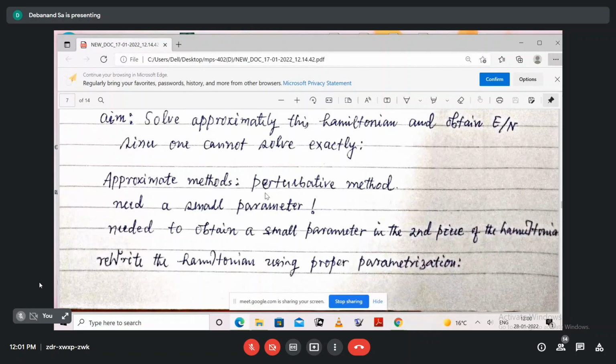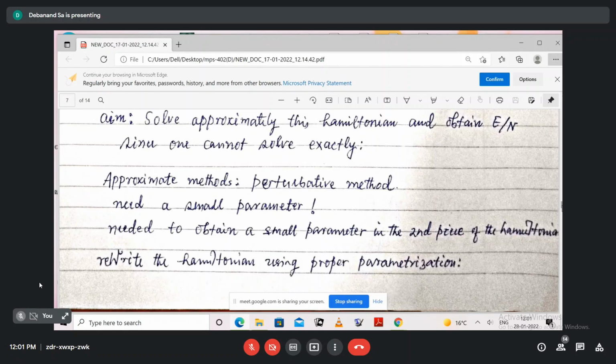If you want to have a perturbative approach, you need a small parameter, because the term which you are going to treat perturbatively, that should contain a small parameter. Otherwise, you just can't do a perturbation, because in perturbation